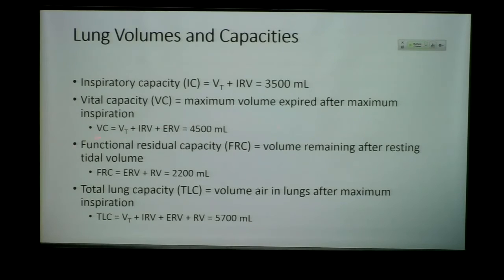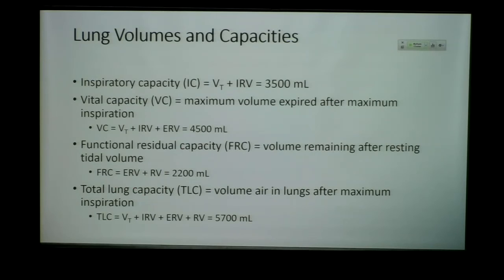We talked about this volume already, but this is how we actually deduce it. Because it's a capacity, we can't actually measure it, but we can add the expiratory reserve volume to the residual volume, and we can conclude that that's your functional residual capacity. So think about what's left in your lungs after a quiet breath. Think about you forcing as much air as you can out, that's your expiratory reserve, and then adding what's still left back, your residual volume, and that's how you can deduce your functional residual capacity, which is usually about 2,200